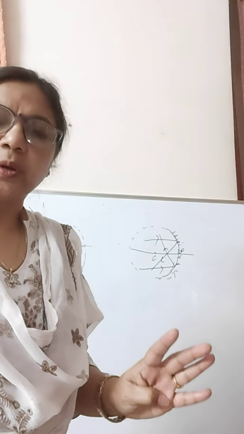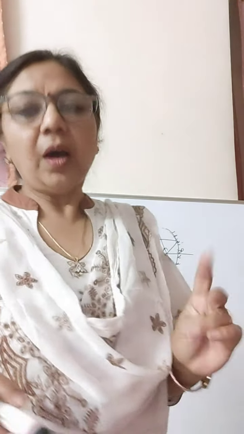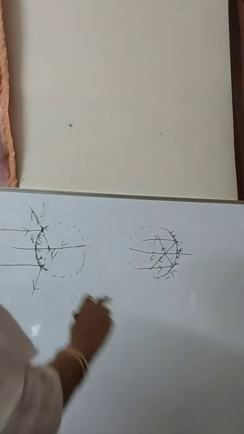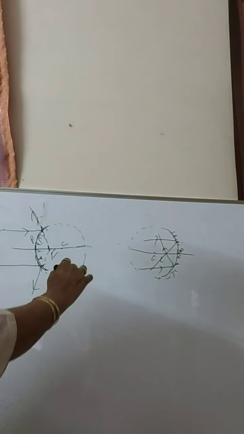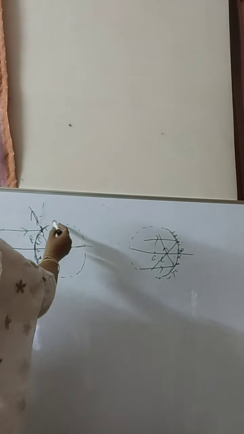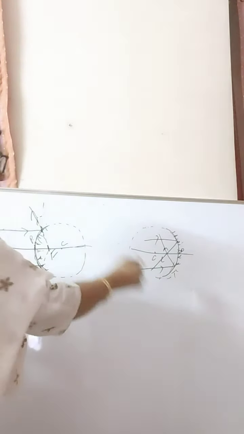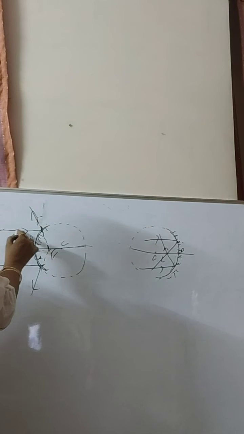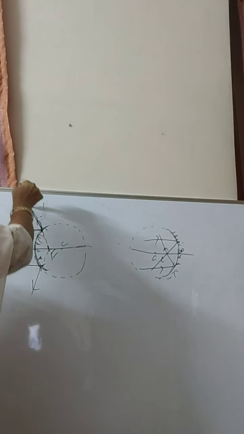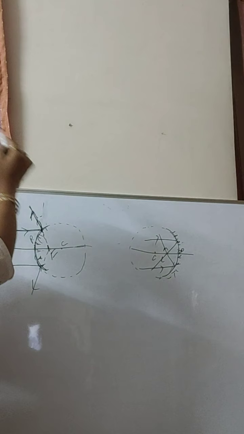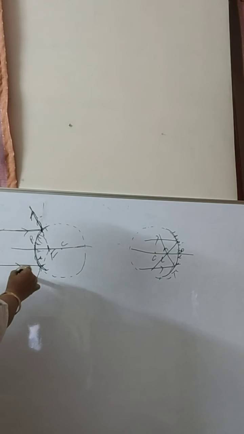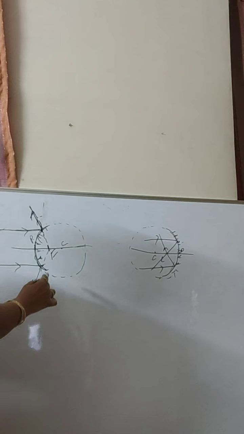The fourth term, which is very important, is called the focus. Now how do we find the focus? For that you should know how rays reflect from these surfaces. In this case, it is a diverging mirror, as I have told you before. This is the diverging one and this is the converging one. In the diverging one, when a ray parallel to the principal axis is incident on it, it diverges in such a way that it goes in the other direction. In the same way, the second ray which is parallel to the principal axis diverges in this direction after reflection.